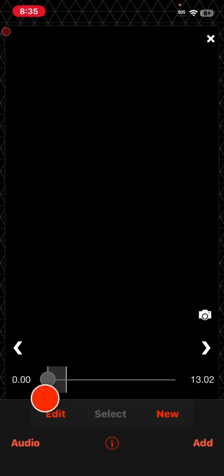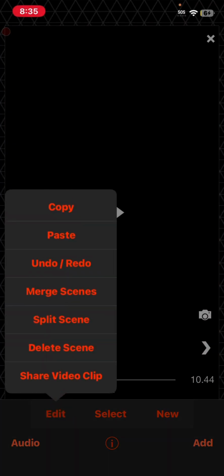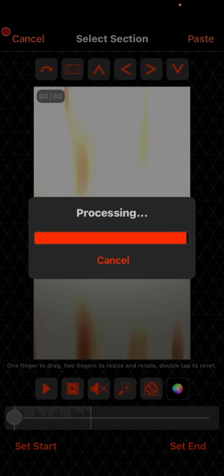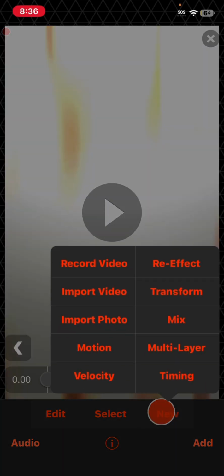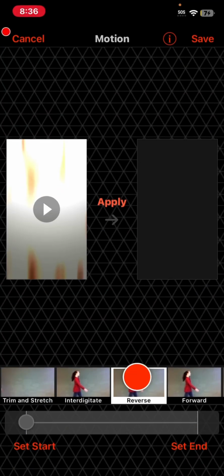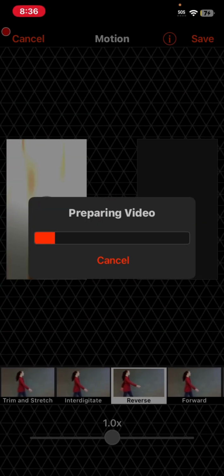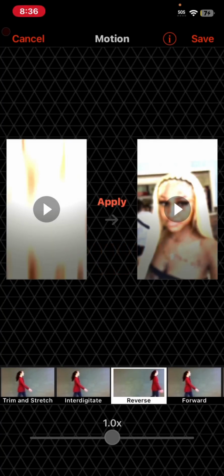Okay, now for the intro, I'm just gonna like copy this clip and then paste it here. Press new, motion, select reverse, press apply, then press save, and then press new, transform,